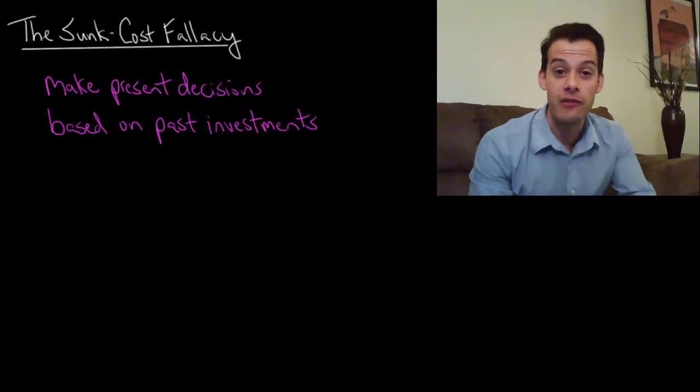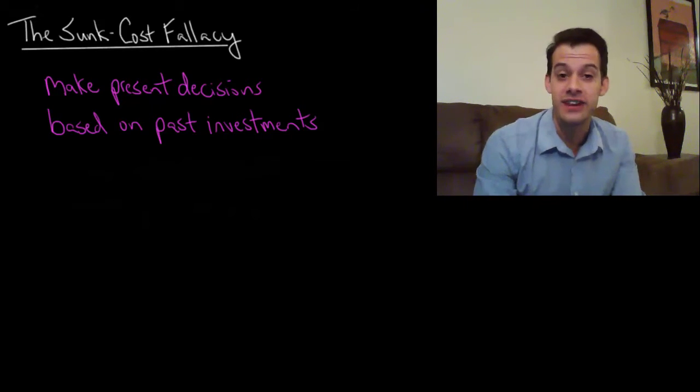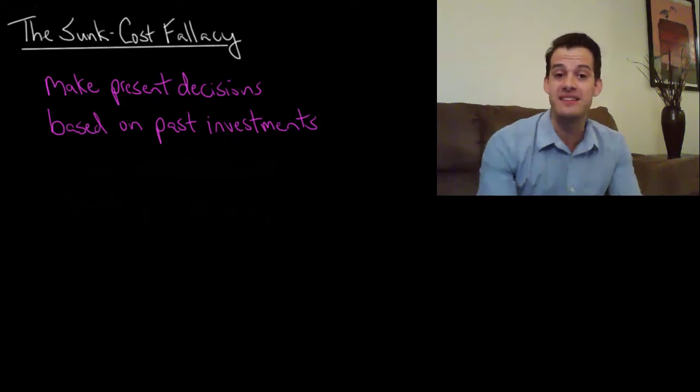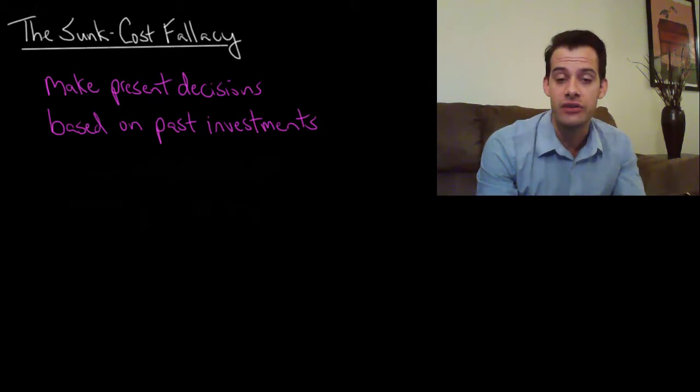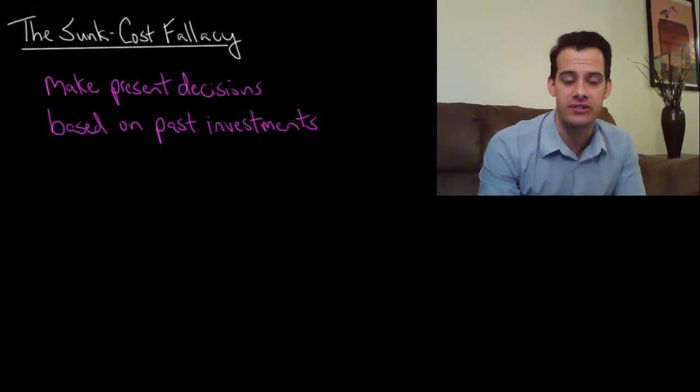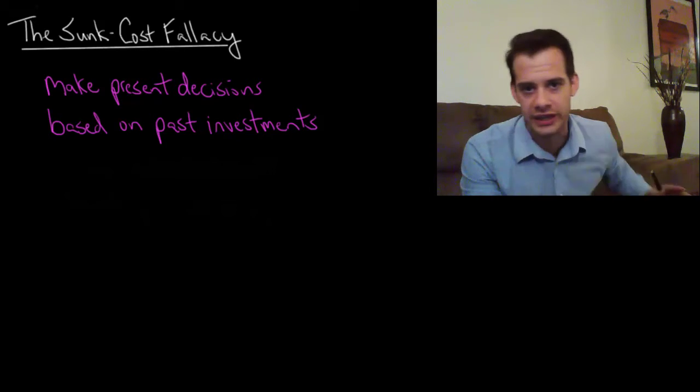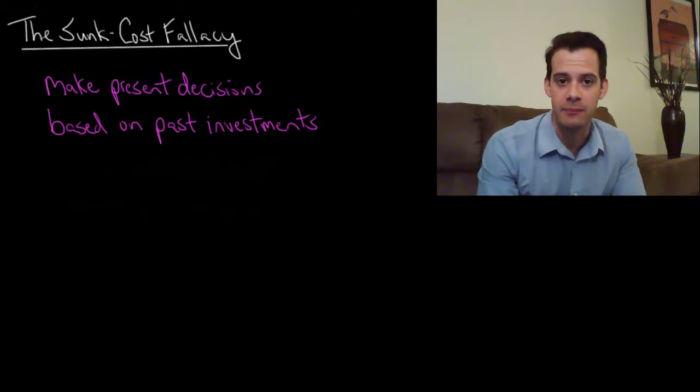In this video, we're going to look at another potential error in our decision making, and this is the sunk cost fallacy. So, the sunk cost fallacy refers to when we make present decisions based on previous investments. For instance, a gambler who's been losing money starts making increasingly risky bets. They bet more and more in hopes that they can make up for those past losses. And the reason that this is a fallacy is that these present odds of winning are not influenced by the previous losses. They don't know that you've already lost a bunch of money on this game. And so it's a fallacy to let those influence your decision making.